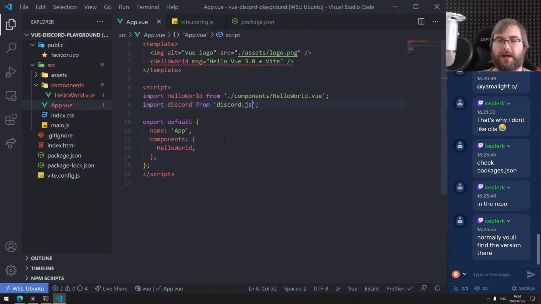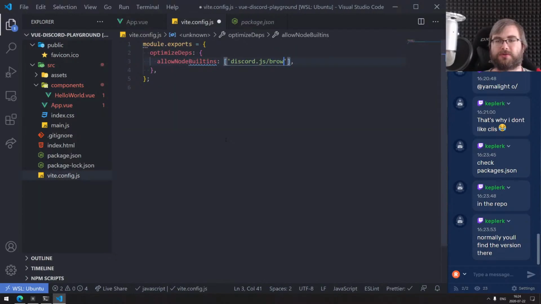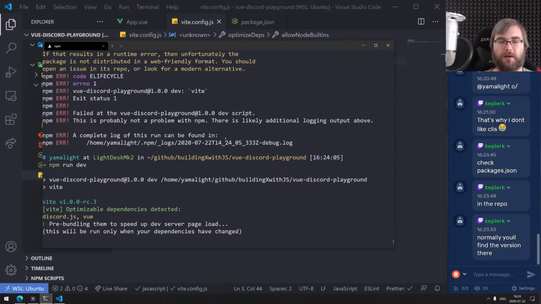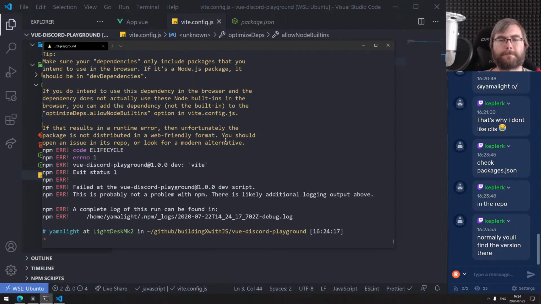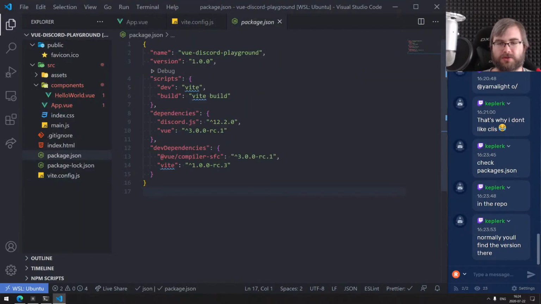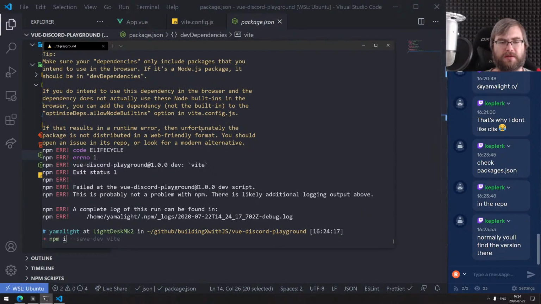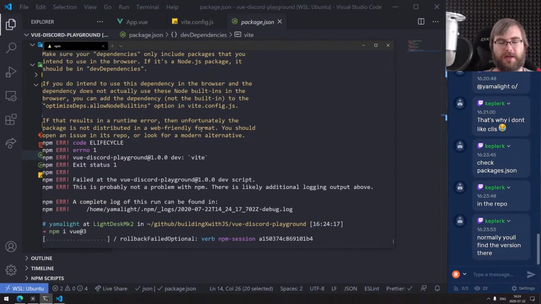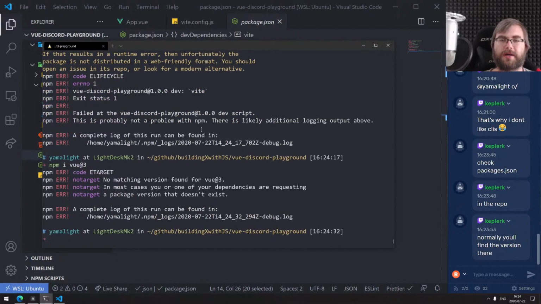What is wrong now? Discord browser. So let's do that. Browser. No. Okay, are we... All right, it still complains about it. Okay, but we're getting closer. So we got RC3 now. Probably should npm install Vue. Was it Vue 3? I guess, right? So because,